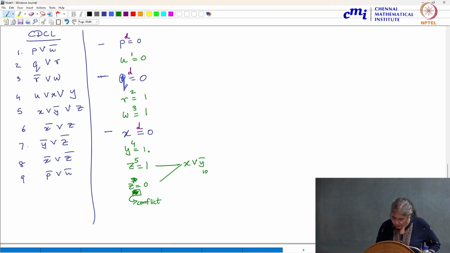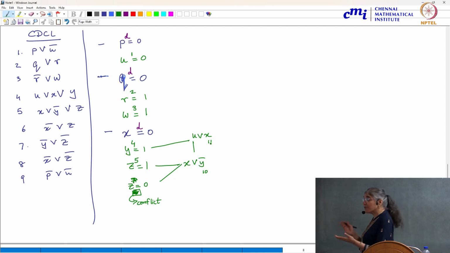Now, 4 led to 5, so maybe I can also learn something from these two. Any assignment, so where did 4 come from? 4 came from U or X or Y, and here I have X or Y bar. So from this I can conclude U or X. This is clause number 11. Again, this is a clause which was not there in my initial formula. But if an assignment satisfies the original formula, it must satisfy clause 4, it must satisfy clause 10, then it will have to satisfy this. So throwing this clause into the formula does not change satisfiability, but is going to be useful for us because now,